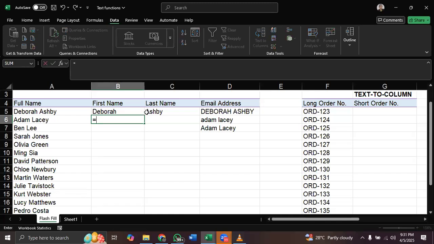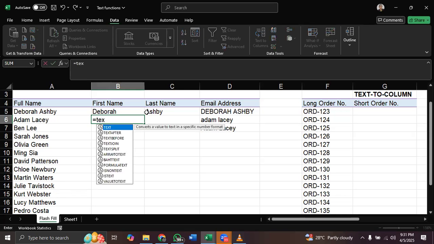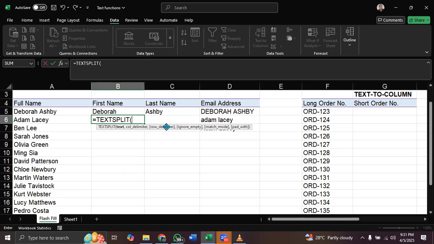But that one, the row delimiter here, it is optional. Now when you talk about optional syntax, that means not filling it out in your argument or your formula won't affect what you are doing unless you actually need it, then you fill it out. So we enter the TEXTSPLIT. Now my text is this Adam and Lacey right here, then comma. Because I want to split into rows, that means it should come into